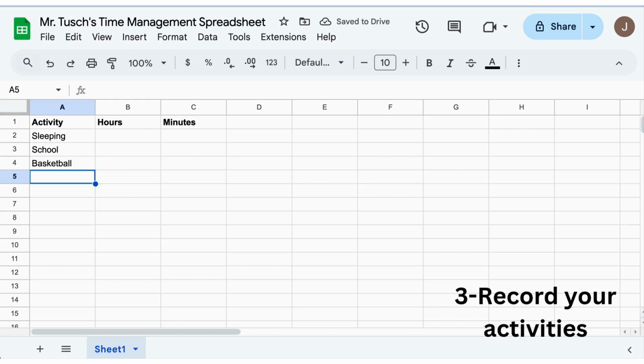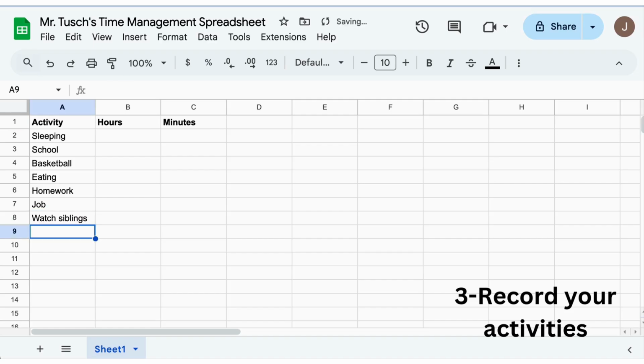Then I want you to put down some other things you do. You certainly spend some time eating, don't you? All right. Certainly there should be some time in there for homework. So what do you usually leave aside for homework, right? Now, do you have other things that you have to take care of? For example, do you work at a job? If you do, you want to put down a job. If you don't, leave that blank. Do you have siblings to watch over? So it's watch siblings, right?